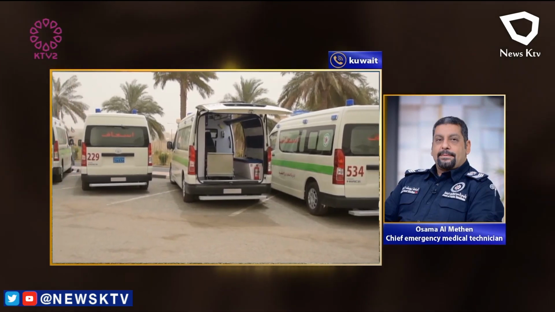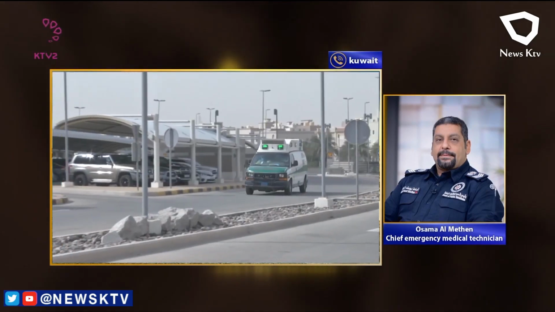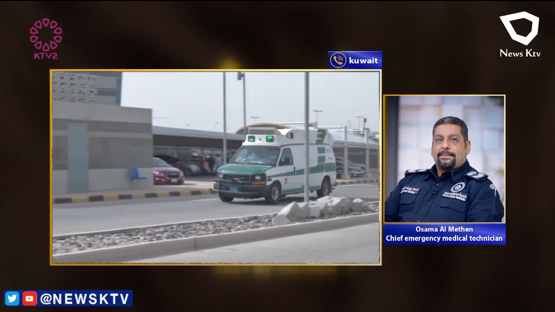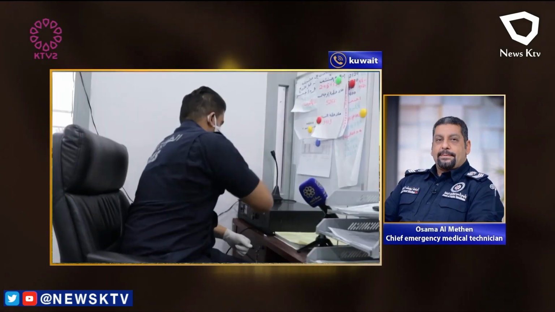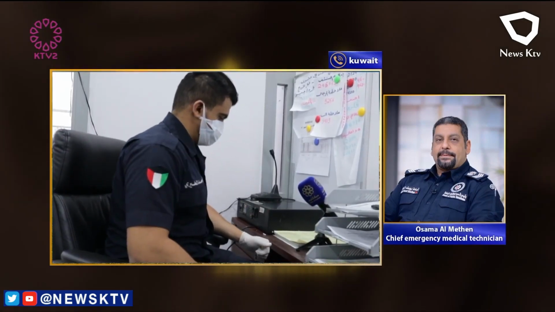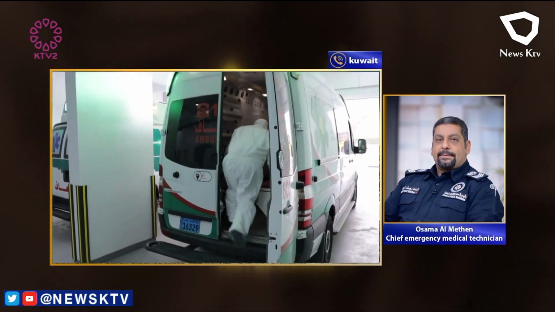God forbid, if anything happened, that they could transfer the case as fast as they can to the nearest hospital or a clinic. So for us as Emergency Medical Service Department, this is our duty to make sure that everybody,